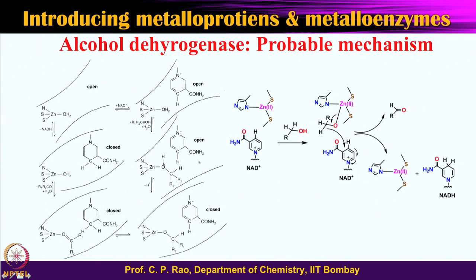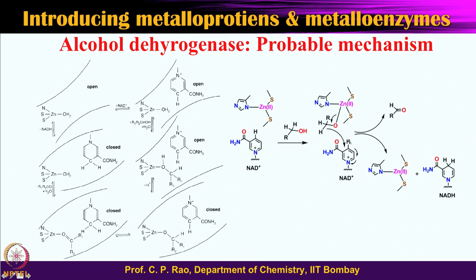Now, we will look at the detailed mechanism. First, let us look at the right side, then we will come to the left side part of it. You can see that the zinc enzyme, the zinc center, this is not a connectivity, okay. This is the cysteine, this is the cysteine, and this is the histidine, and there is water, and that can get replaced by the alcohol, and this cofactor is neighboring, not connected, very close by, about 3-4 angstroms or something. And this is alcohol binding,